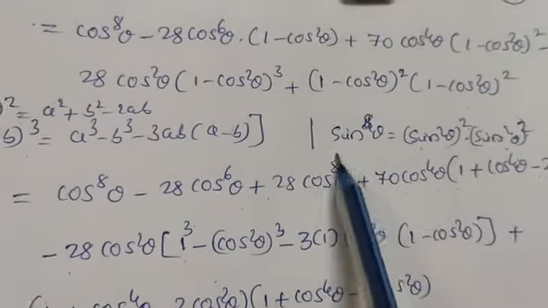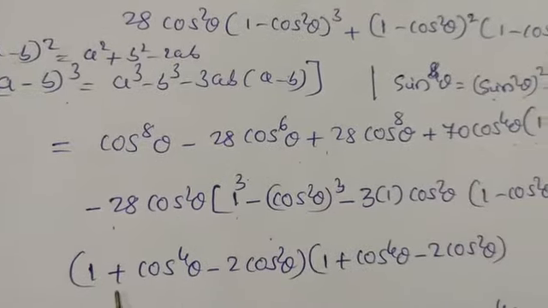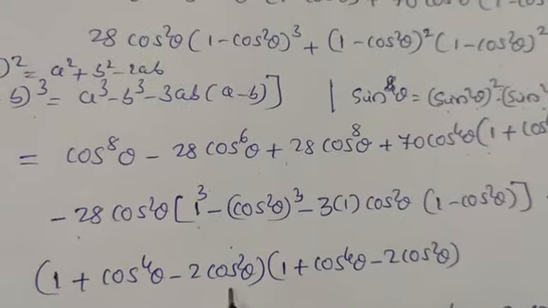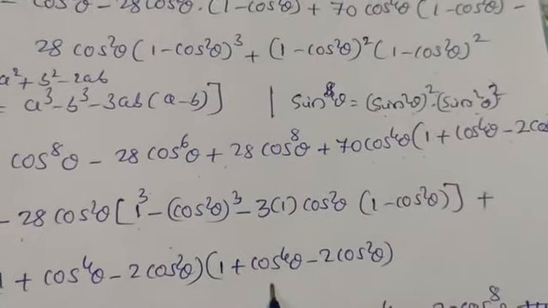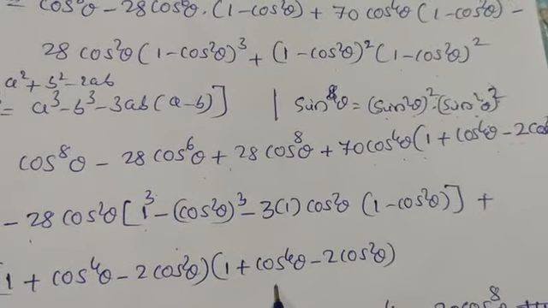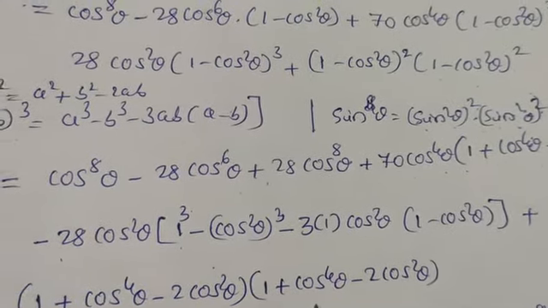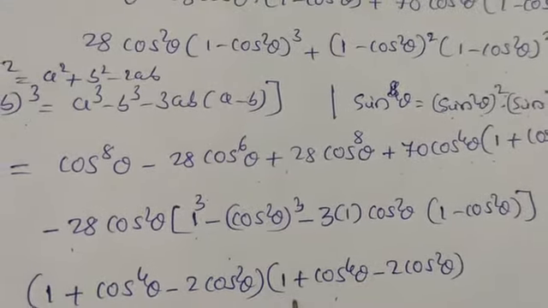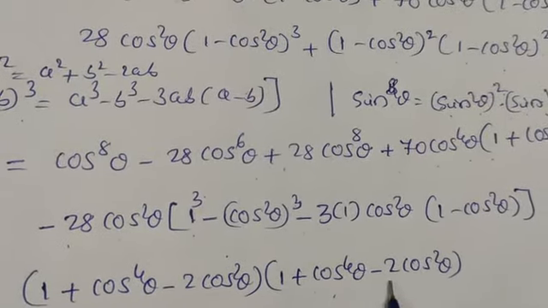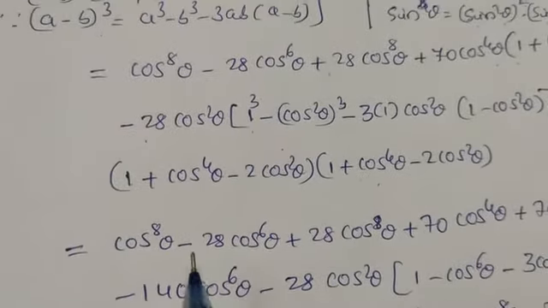Then plus this 1 minus cos square theta whole square is like a minus b whole square, so that is 1 plus a square plus b square, meaning cos raised to 4 theta, minus 2ab, meaning minus 2 cos square theta. And this bracket is also the same, because here we don't know the formula for a minus b whole raised to 4. We can expand using binomial theorem, but it is a little difficult, so we can multiply it 2 times. So it is again the same bracket, you have to write here once again because they are the same terms: 1 plus cos raised to 4 theta minus 2 cos square theta. Next, you just simplify this. The remaining part is only simplification.